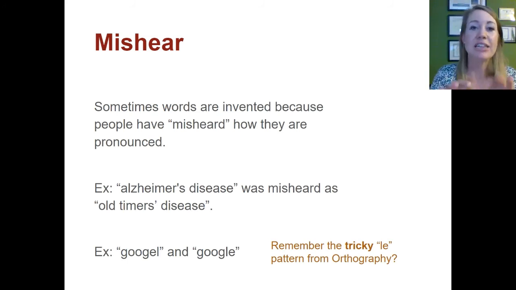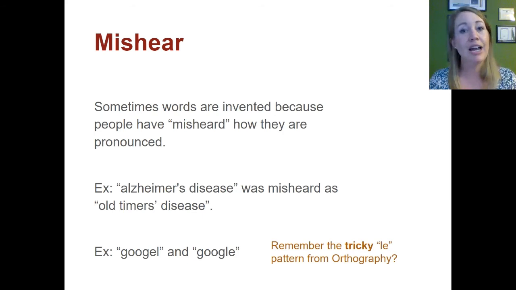Okay, so here's the thing. They had never seen the word in writing. They did not know it was spelled Googol. So when they bought their domain, they spelt it wrong and spelt it as Google. So it's kind of another example of mishear, okay? So from hearing the word Google only and not knowing how it was spelt, they actually changed the spelling of it, because I would say most of you didn't know its original spelling was O-L.